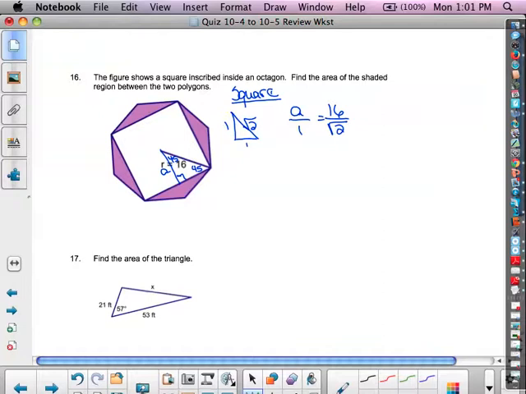So now I can simplify this. It becomes the apothem, A, is equal to, I have to rationalize that denominator, 16 √2 over 2, which is 8 √2, is the length of my apothem. You could also use one of the trig ratios if you wanted. So now the area of the square